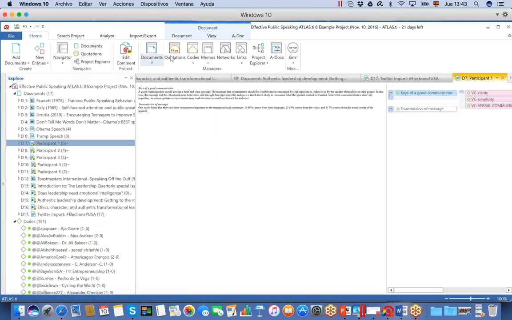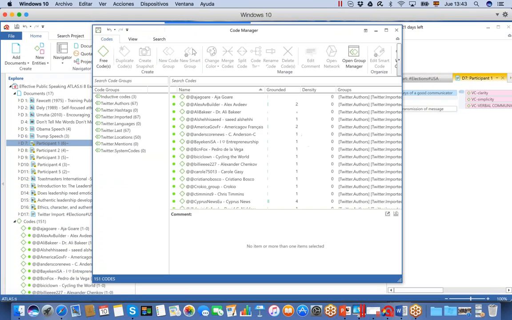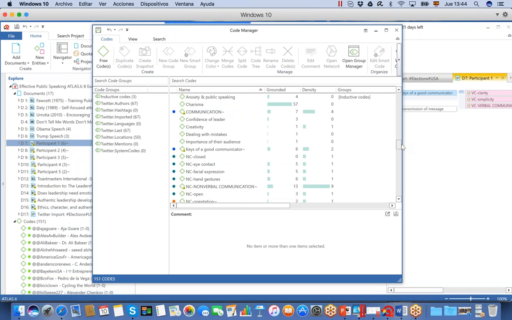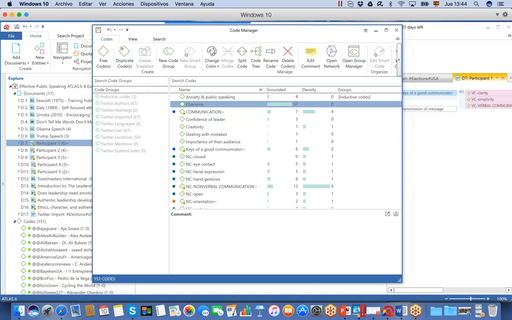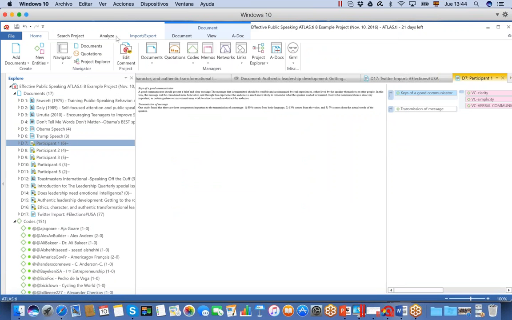Now, if I open my code manager, I have to find my code charisma with 57 quotations. Of course, now I have to go through and double check if the word charisma appears in the title of the article, in the text, or in references, so where exactly. But I have very quickly auto-coded, and particularly I like auto-coding for